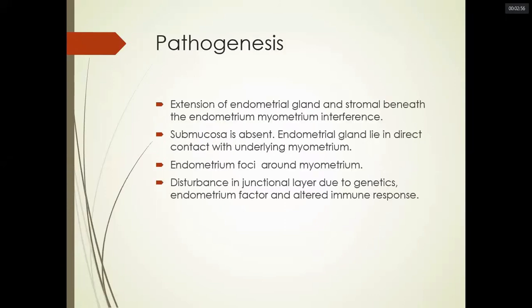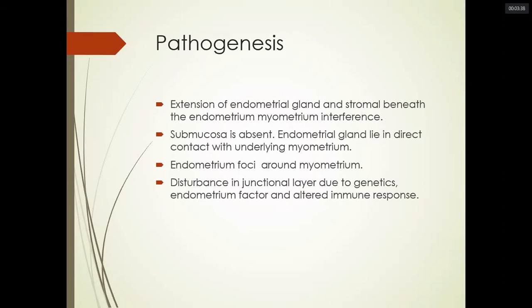So pathogenesis is there is extension of endometrial gland and stromal tissue beneath the endometrium-myometrium interface. There is one layer called a junctional layer between endometrium and myometrium. Whenever there is disruption of this layer, then there will be chances of adenomyosis. So the thing that causes disruption of this junctional layer would be repeated childbirth, in which there is shedding of endometrial tissue, and in case of vigorous curettage, probably due to trauma, there will be disruption of this junctional layer,